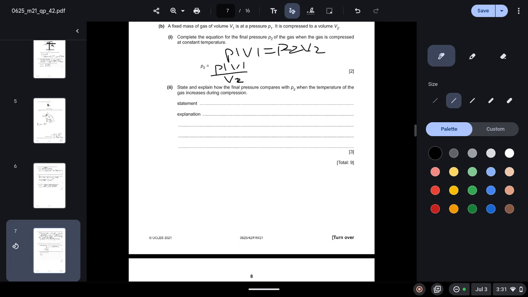State and explain how the final pressure compares with P2 when the temperature of the gas increases during compression. So we know that temperature and pressure are directly proportional. So when the temperature increases, the pressure will also increase. So the final pressure compared with P2 will be greater, and this is because when temperature increases, the particles have greater kinetic energy, which means they travel with greater speed,